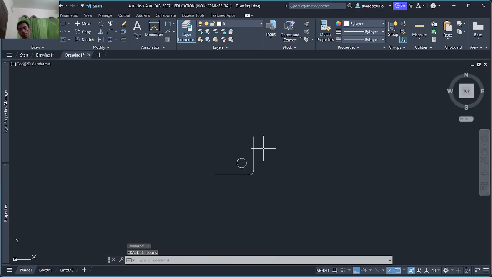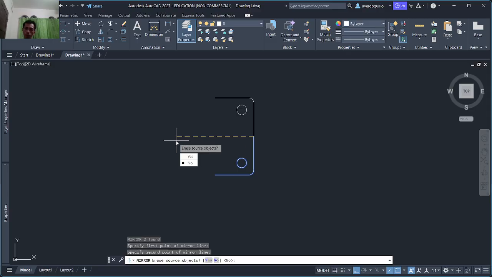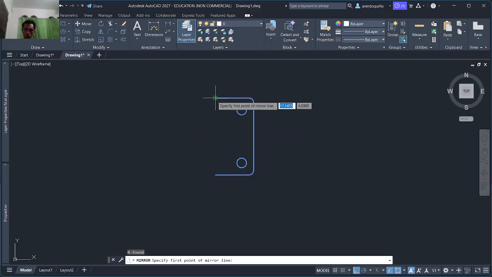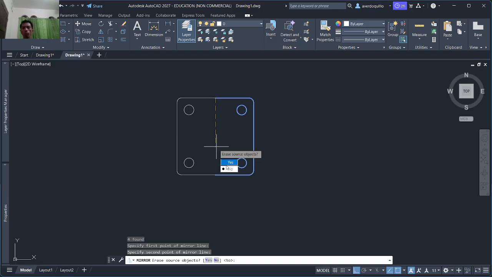Now, how to make it more quick? I'm just using this method. Boom.